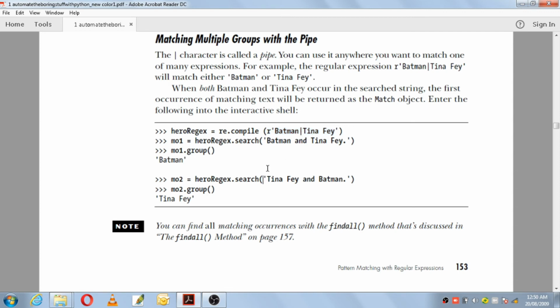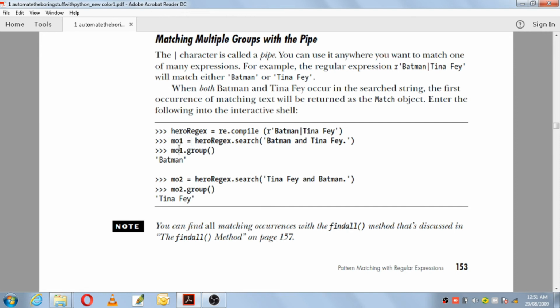Okay, so let us see next. The object you are making use of is the hero regular expression object, and with that object, which method are you using? The search method. What string is passed to search? Batman and Tina Fey. So the search method will check whether Batman and Tina Fey matches the given pattern. As Batman is there in that particular string, it will match Batman. Okay, so this matching text will be returned in the match object, saying that there is a string which matches the pattern given in the regular expression.